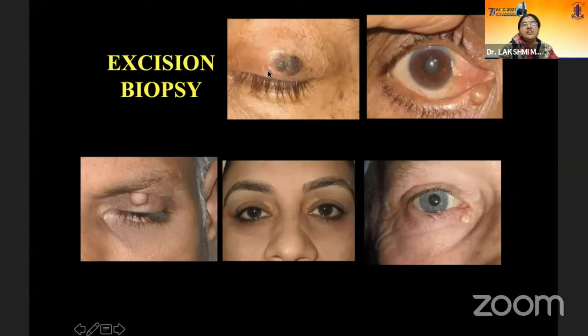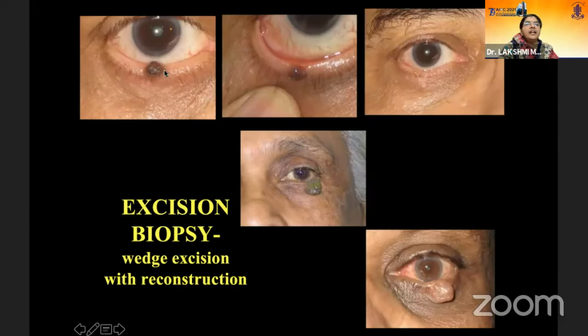If you're suspicious, or the patient is a little older, then you may give a little margin and excise. And these are all examples, xanthelasma, these warts, these syringomas, inclusions, where you like to take out the complete lesion. Sometimes if it's suspicious, you leave a margin around. Now here I left just a 2 millimeter margin because it was looking healthy, and did a wedge excision and approximated. And this turned out to be a basal cell carcinoma.